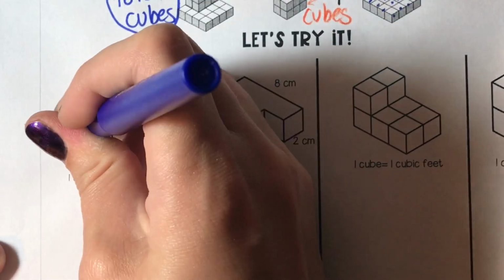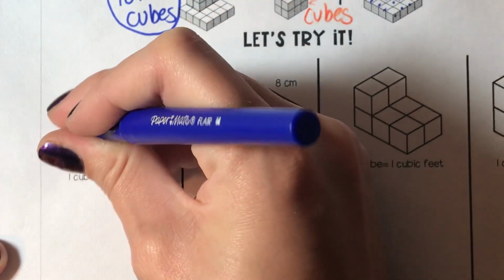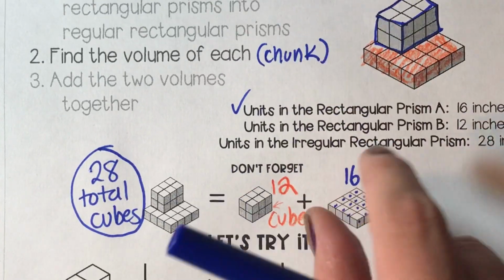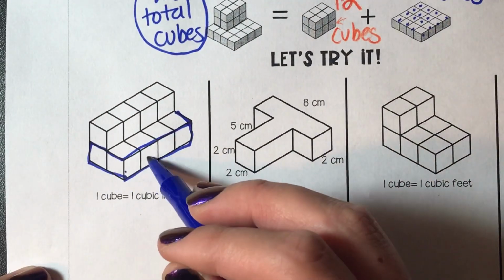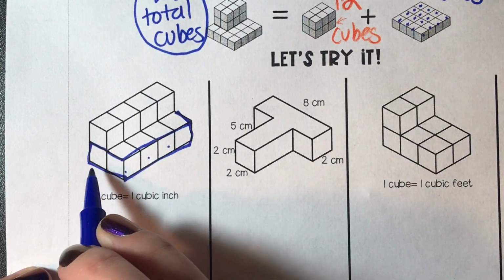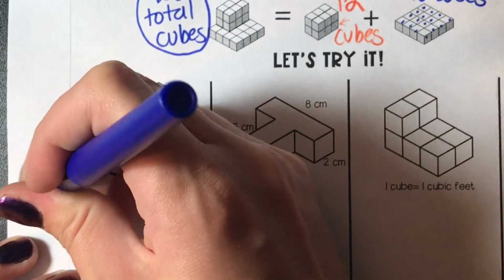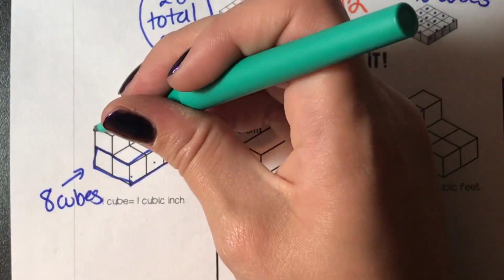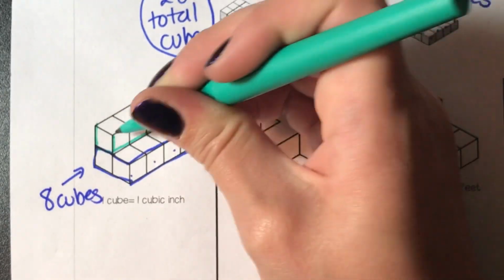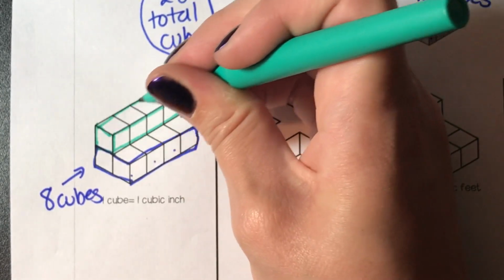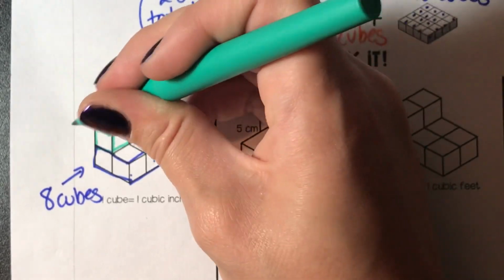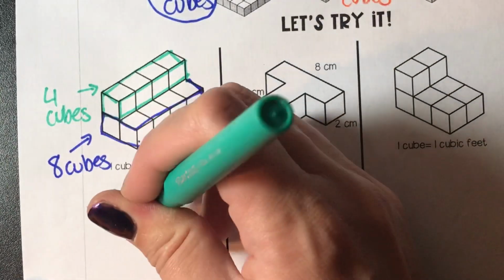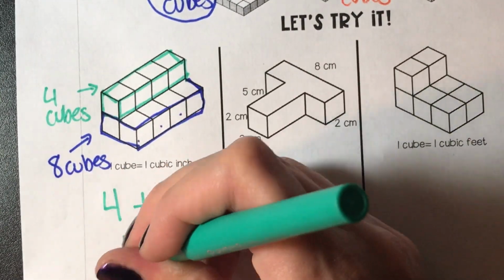So if I looked at this bottom row or this bottom shape that I were to chunk out, kind of almost looks like this one. If I pulled the bottom piece off, it has 1, 2, 3, 4, and then another row. 4 plus 4 is 8. That means this bottom part has 8 cubes. And I'm going to use a different color. And now I'm just going to focus on this long rod that looks like it's just sitting on top of this kind of flat piece. And I count 1, 2, 3, 4 more cubes. And then I would just add them up. 4 plus 8 equals a total of 12